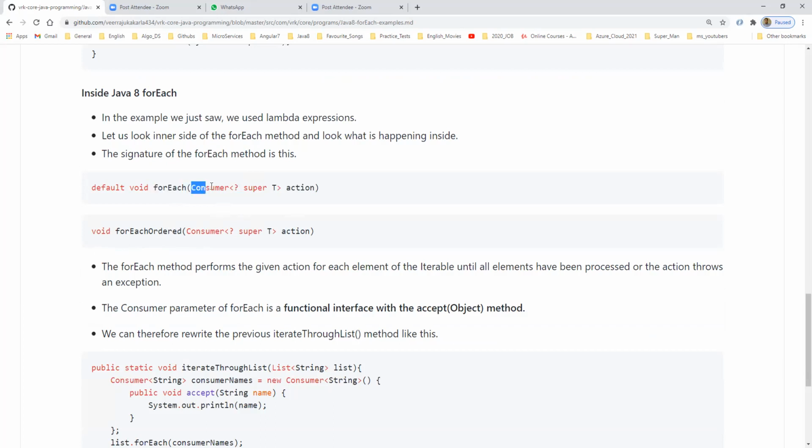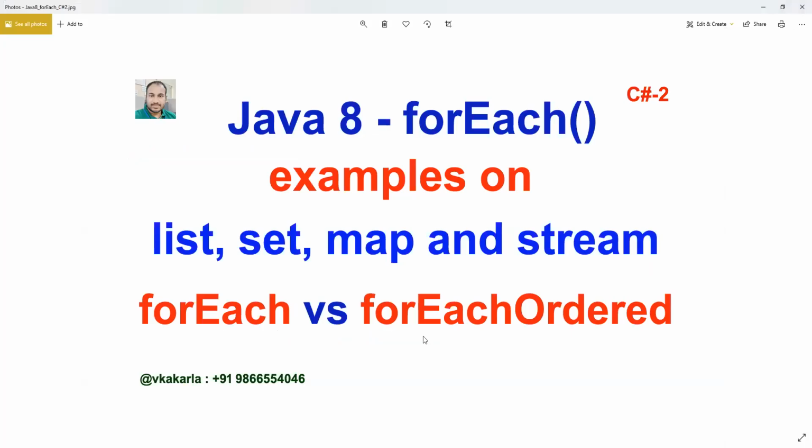It simply traverses all the data element by element, which is what it means in terms of the action. So what are forEach and forEachOrdered? We just discussed them. How does forEach behave, especially when we are using a parallel stream? When you are executing a stream, I will tell you how we guarantee the order of elements by using forEach and forEachOrdered.